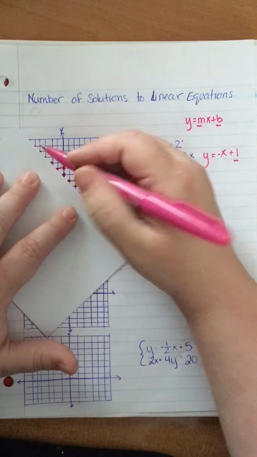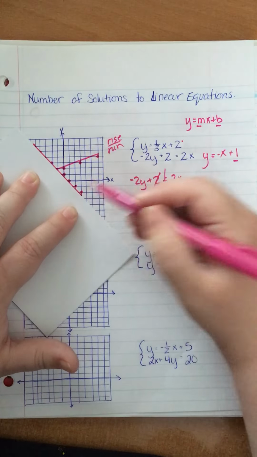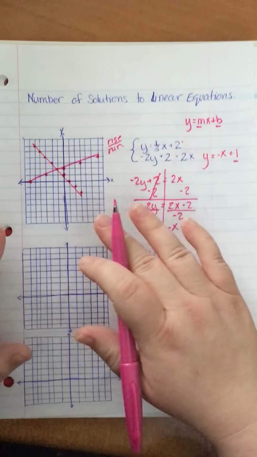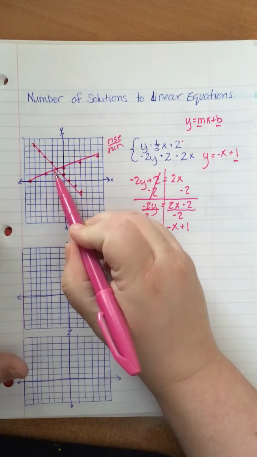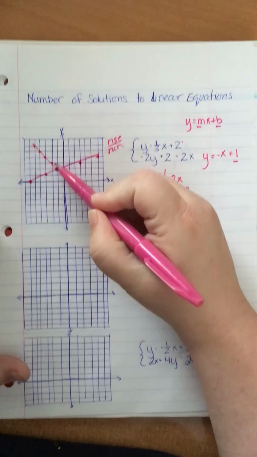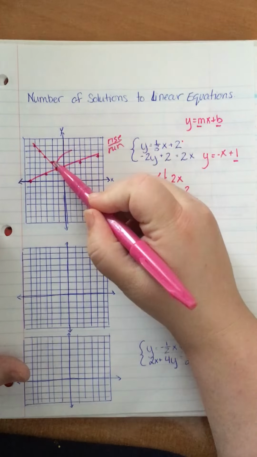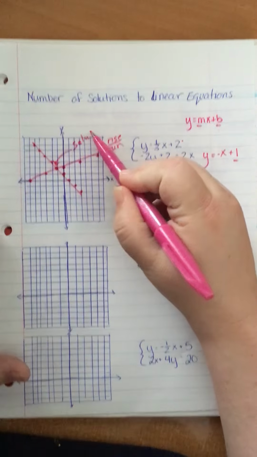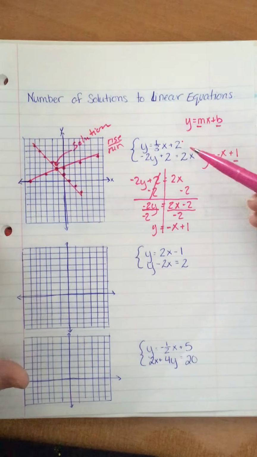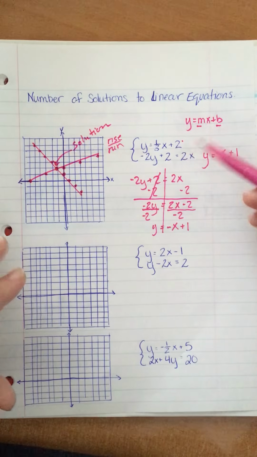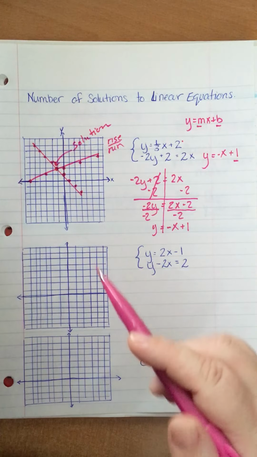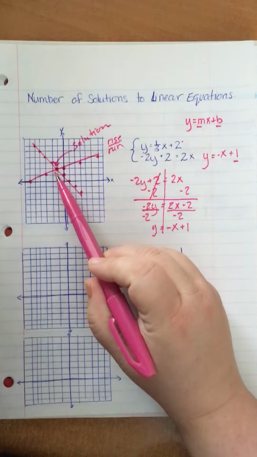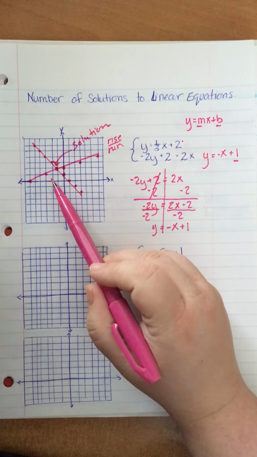And since these are two linear equations, I have two straight lines that I'm representing on this graph, and they intersect in one place. And whatever that happens to be, that would be the solution that would make both of these equations true at the same time. And we're not worrying about finding the solution right now. I just want you to know that right here it tells us there's one solution because there's one place where